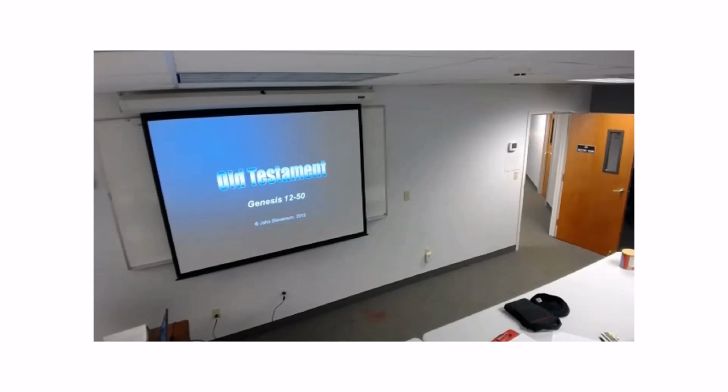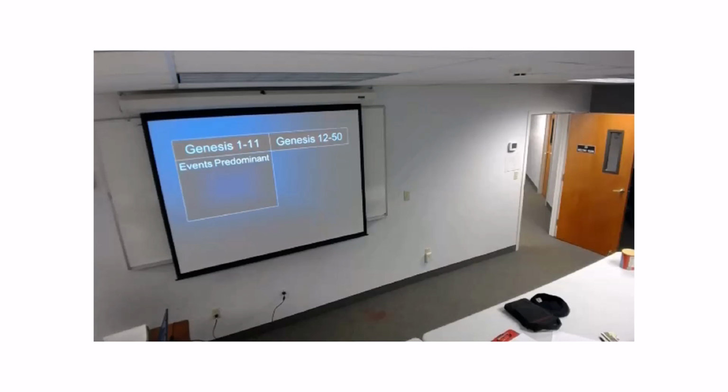Okay, so you have the events again. These are just captured there. So what you have here in Genesis 1 to 11 is the race, the humankind as a whole. What are our origins? Where did we come from? So we understand both the work of God in making us and the two lines of mankind, those who follow God and those who didn't follow God, and what has culminated until you come to this point in Genesis 12. Whereas Genesis 12 to 50 is about the family of Abraham.